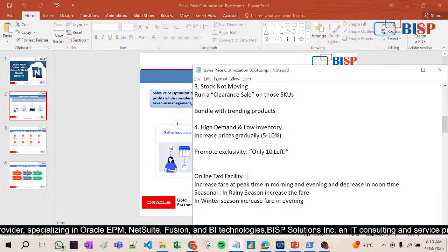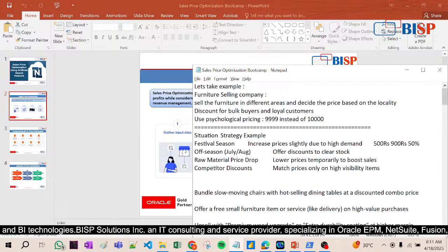All in all, we discussed what sales price optimization is. Sales price optimization means optimizing the price to retain your loyal customers, and also to get the benefit